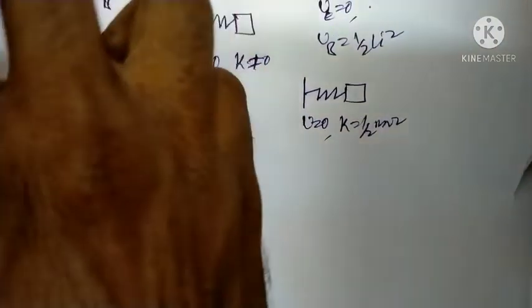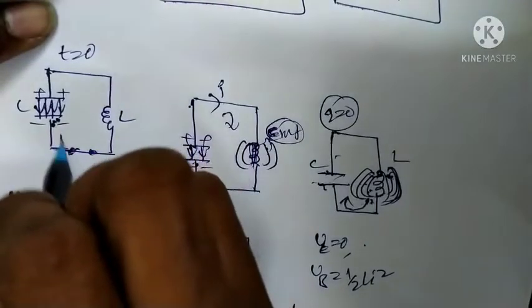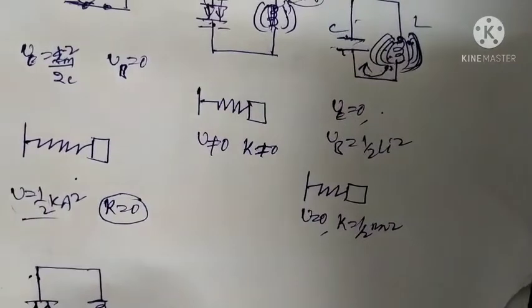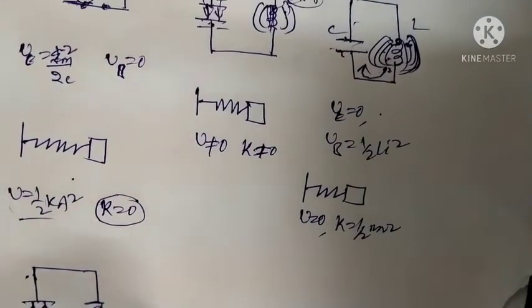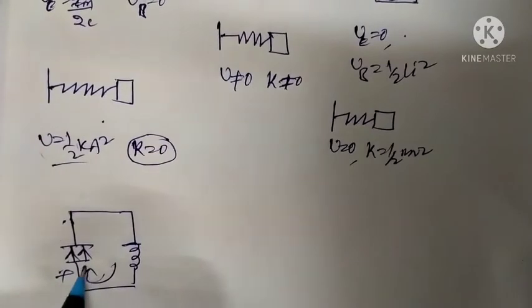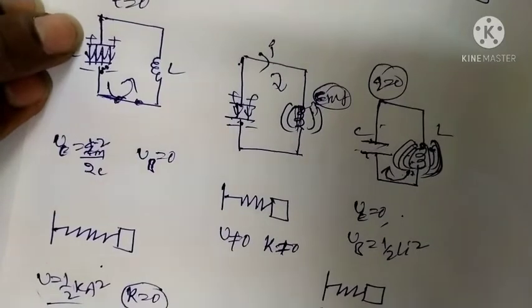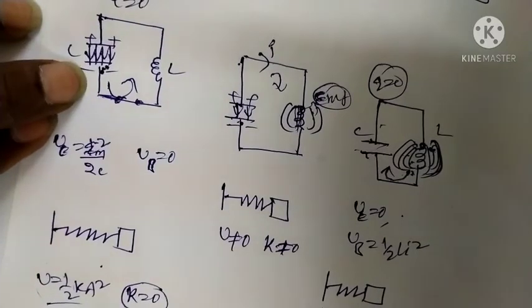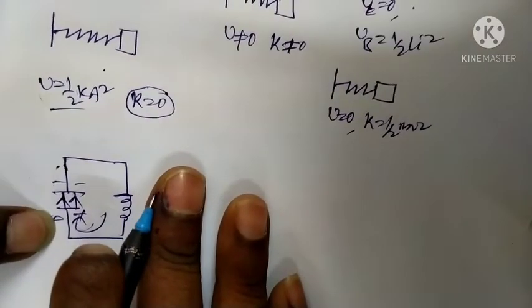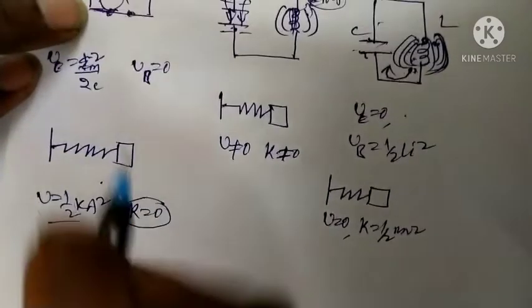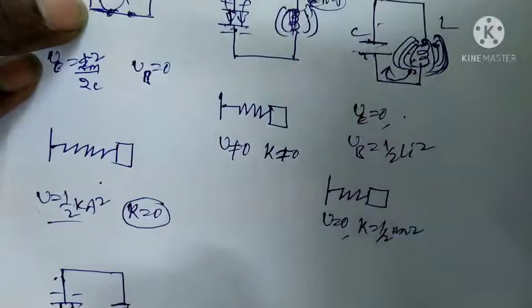Initially, the charge carriers are in this direction. In the fourth one, the charges will be in the opposite direction in the capacitor, that is, positive and negative. In the initial case, upward is positive and downward is negative. Here downward is positive and upward is negative, that is, the charges are in the opposite direction. Initially the charge carriers flow from the capacitor to the inductor. In the fourth case, the charges flow from the inductor to the capacitor, that is the reverse direction.